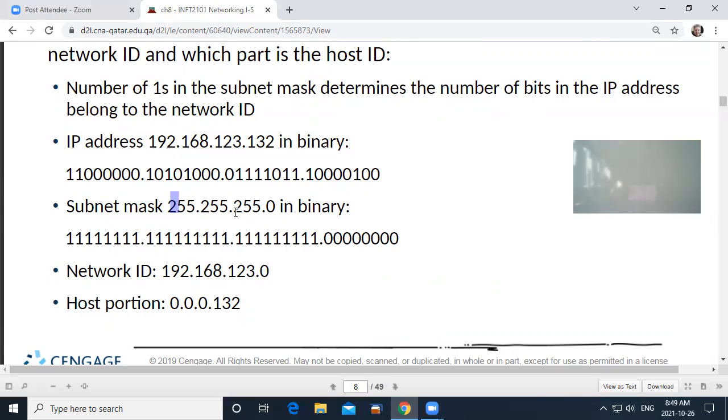So here's an IP address of a host on this network. The .132 is the actual host part of the address. Everything else is the network part of the address. And we know that from the subnet mask. The subnet mask tells us that the first 3 octets here are the network. So every device on that network is going to have the first 3 octets the same. Only the last octet is going to be different, and that's going to be for their host address.